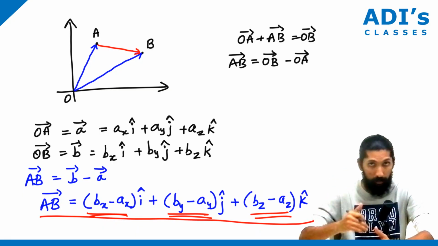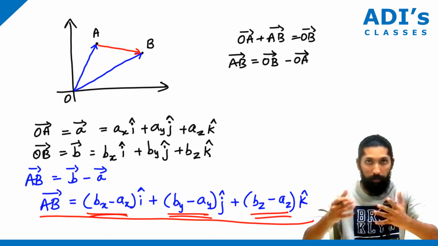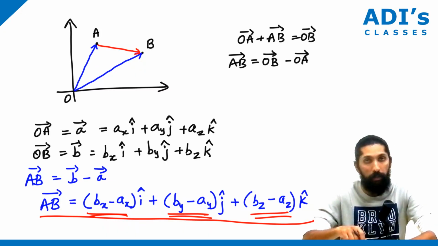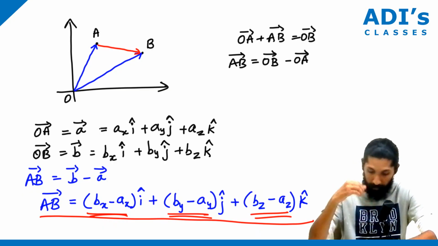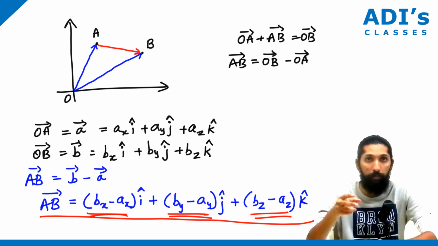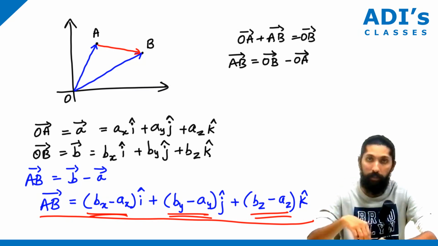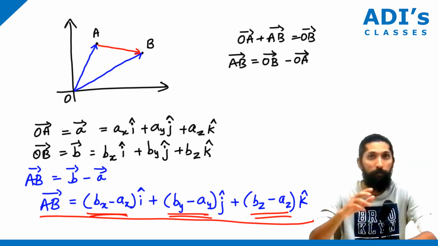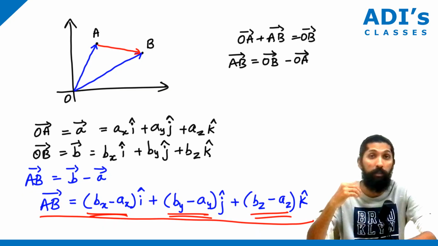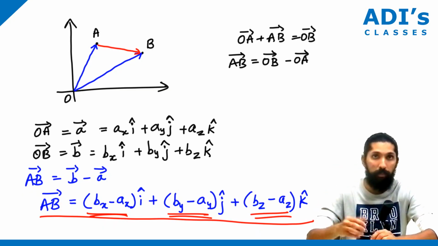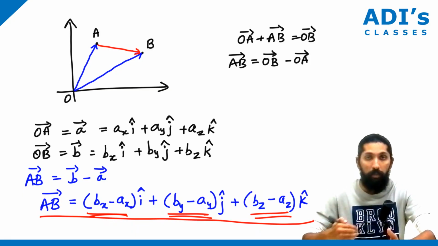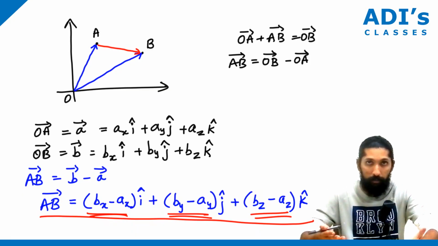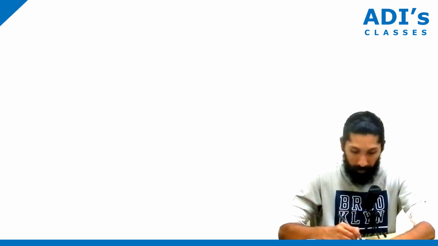Now, once you have done the distance between the 2 points in the vector form, what we have to understand is certain properties of the components of vectors. Here we subtracted only the i components, only the j, only the k components, correct? Now, similarly, suppose you have two vectors, what components can be added or subtracted, or what if you multiply by a constant? So we'll look into these properties now. Remember, because we did the subtraction here, it's just a recap of whatever those properties are. Let's assume that you have vector A equal to